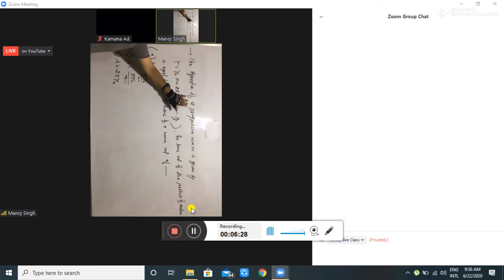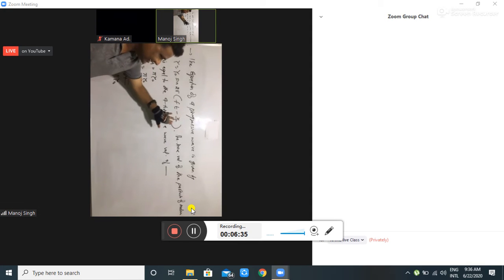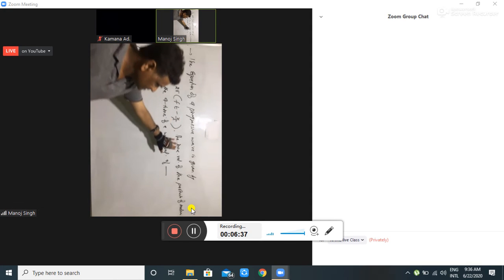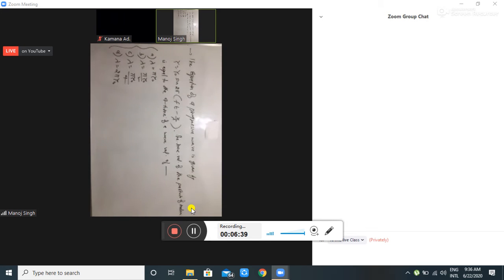The equation of a progressive wave is given by y is equal to y naught sine of 2 pi (ft minus x by lambda). The maximum velocity of the particle of the medium is equal to 4 times the wave velocity. Four options are given on the board here. Lambda is equal to pi y naught. Lambda is pi y naught by 2. Lambda is pi y naught by 4. Lambda is equal to 2 pi y naught. Okay, try to solve this question.